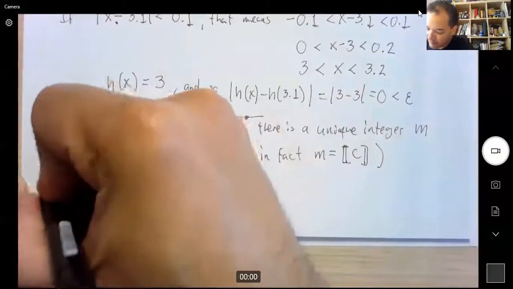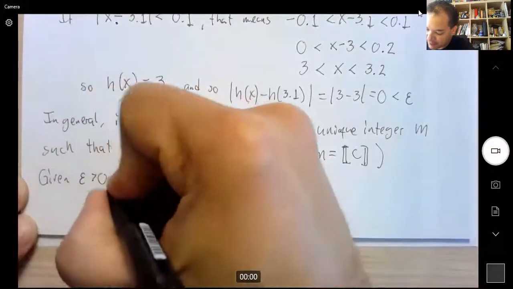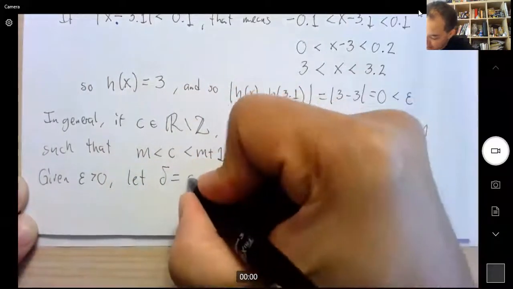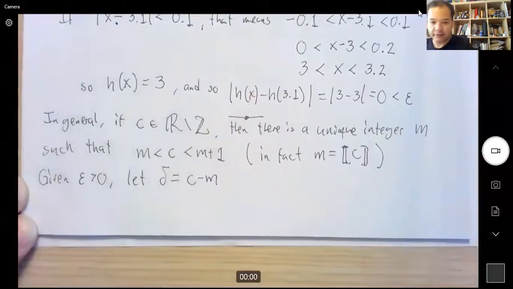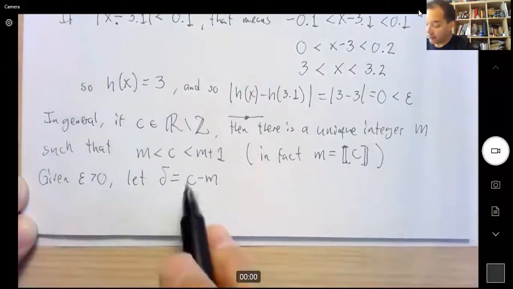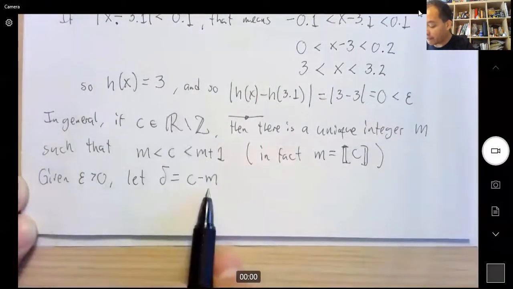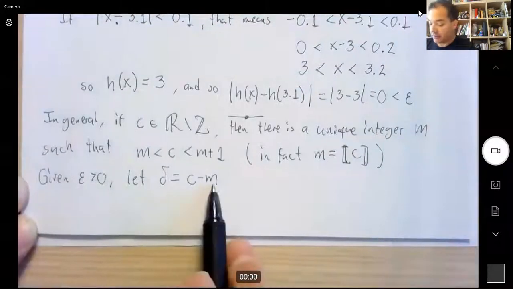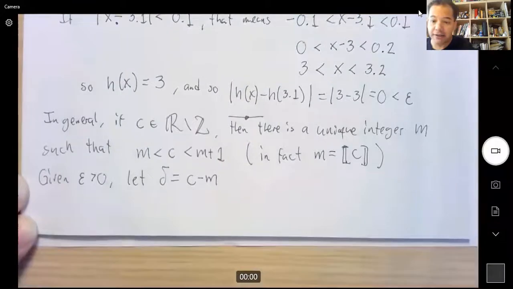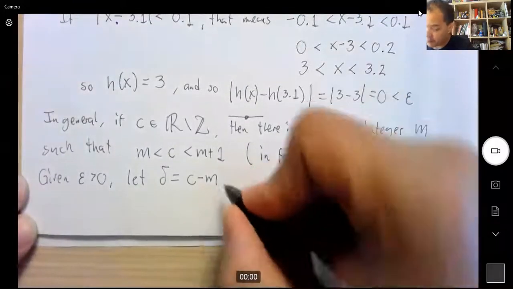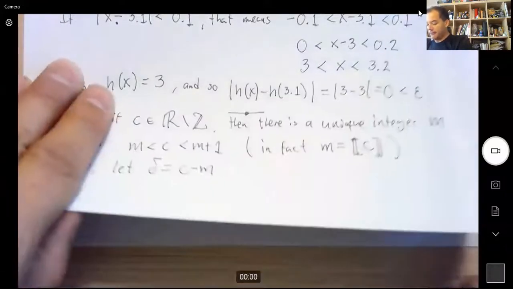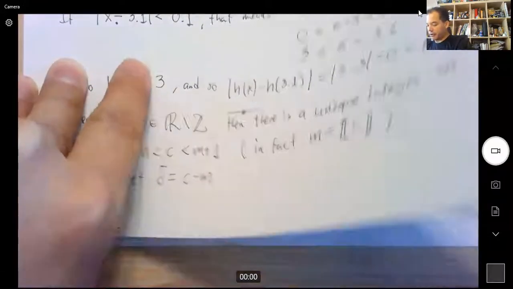Okay, and then what delta should we use? So given epsilon greater than 0, let delta be c minus m, right? That's like the 0.1. How did we find the 0.1? Well, it was 3.1 minus 3. So this is the same thing we're doing here. We're picking c minus m. So we pick the delta equals c minus m, and then we go to a new blank page,